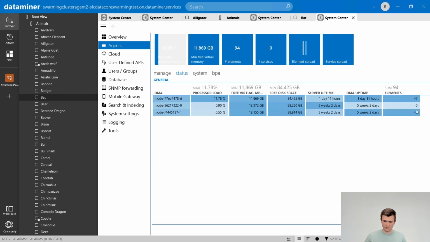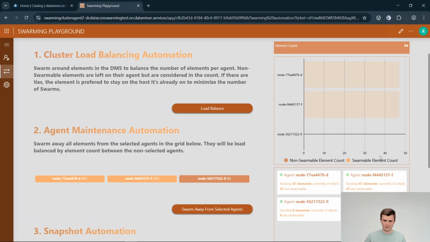Yeah, so all of them passed that. Yeah, here it updated as well. All elements moved over. You can bring it down, and then after you are done with your maintenance, you either pick another one or you load balance at the final one. So let's say I did this maintenance on the -o, I can do it again on the -d, swarm away